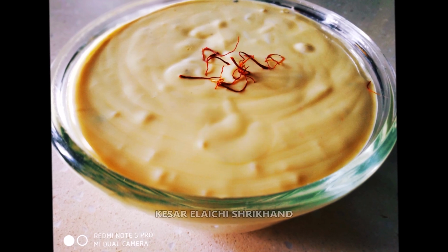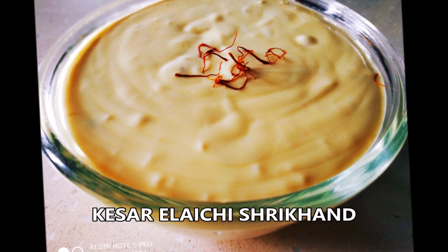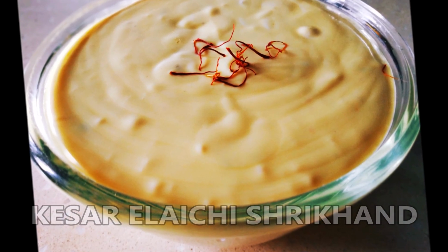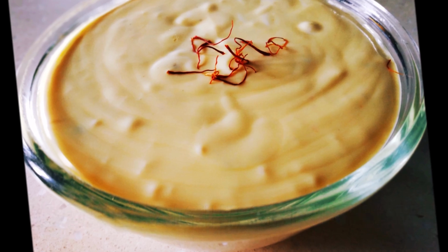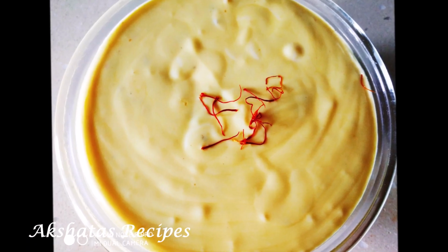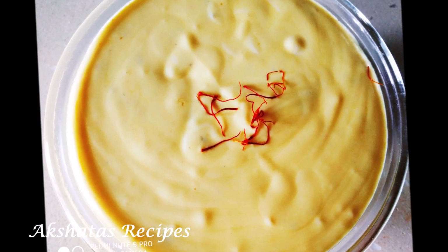It's so delicious. It goes so well with some hot puris. I like to eat it just like that after a meal, just a cup full of it, and it's so yummy. So I hope you like today's interesting, short and sweet recipe, and I hope you give it a try,